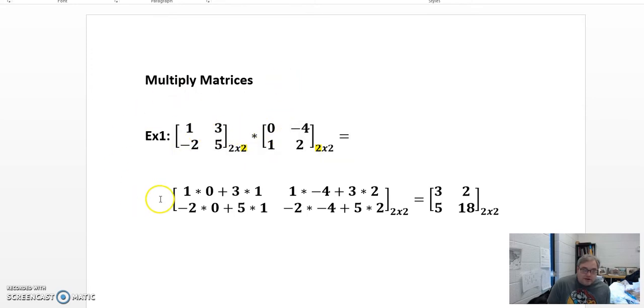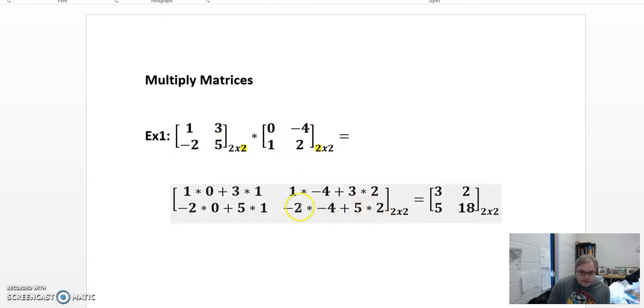You're taking this row times this column. And what's happening is, if you look at my entries down here, this row times that first column is going to give me the top left entry. I know this is a 2 by 2 matrix, so I'm going to have 4 spots. The top left spot is from the first row, first column. The next one is from the first row, second column. When I run out of columns, I switch rows. Second row, first column gives me the entry here at the -2,